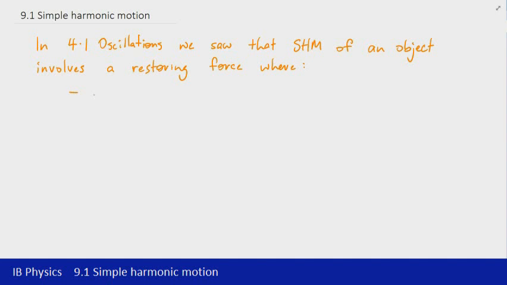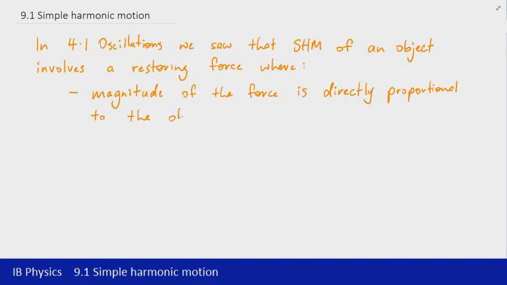The first is that the magnitude of the force is directly proportional to the displacement. So that's the first point to note. And because it's a directly proportional relationship, we can express that symbolically. I'll do that once we've got both of these points jotted down. So to the object's displacement. So that basically deals with the magnitude of the force,